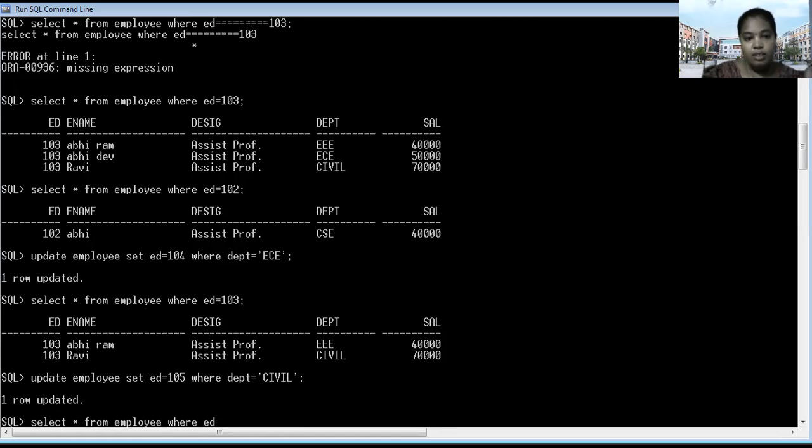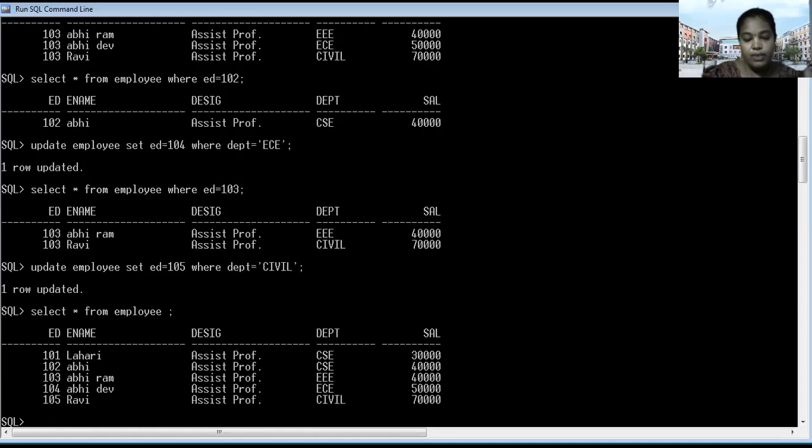Select all employees with unique numbers, right? Here you have to achieve all unique numbers by using the update command. You have to change the data in the table. Either you change the employee name, or the designation, or the department, or the salary for a particular employee by using the update command. If you want to see the entire data present in the table, or retrieve data, use the select command with a where condition. If you want to insert data, use the insert command.